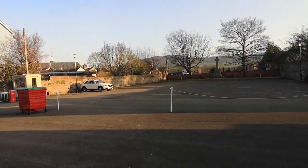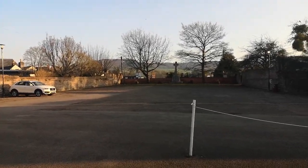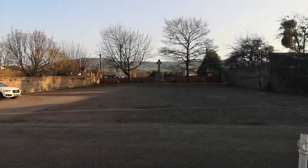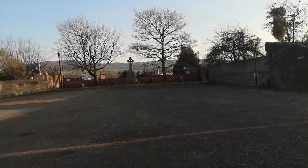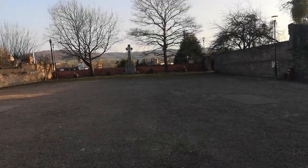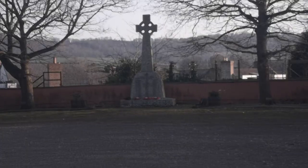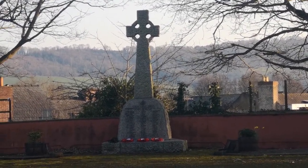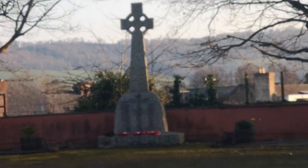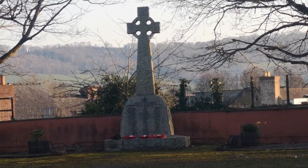And then if we come over to here, we have the War Memorial, which will be to all the, it won't just be towards the regiment. It will be basically all the menfolk of the town that were killed in